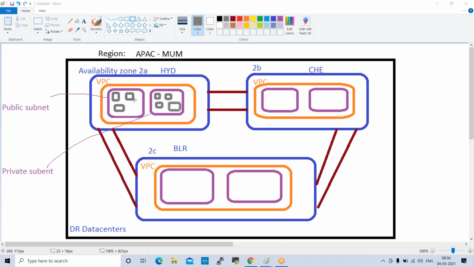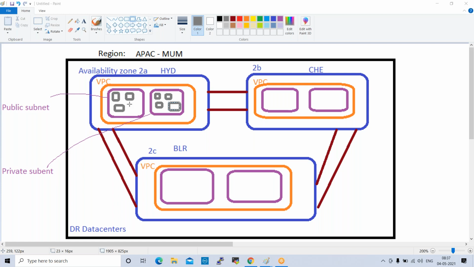Okay. So public servers are internet facing, like company websites and job sites. These are hosted on public subnets. Inside of these subnets, we create servers, EC2 instances, and we can configure servers. We can hand them over to project teams. That is regular practice, which we perform in real projects. When we discuss VPC, we'll go deep dive.